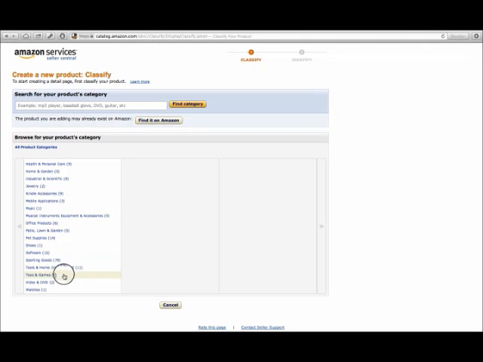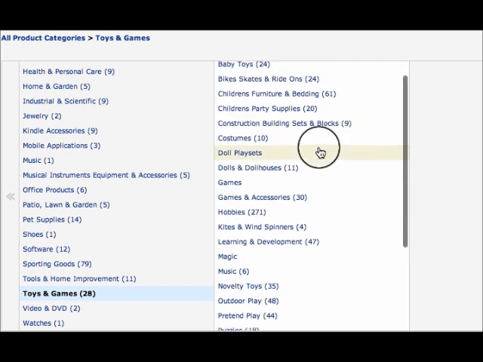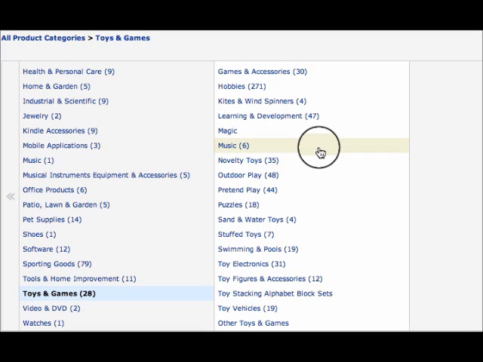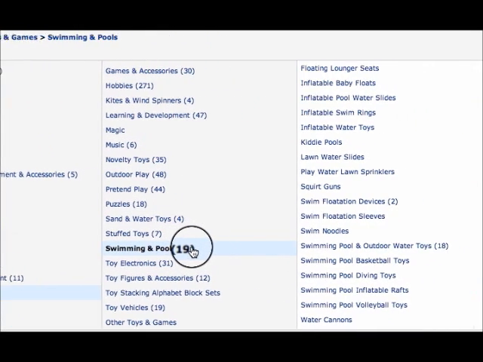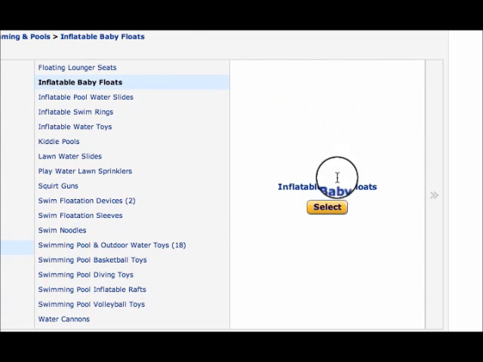Let's say you're wanting to add a kid's toy. You can pretty much use common sense. They're not going to be very picky about it. Just don't do something really obscure. If it's a swimming toy, for example, one time I did a baby float. The color that I sourced from Toys R Us was a blue baby float, and the only listing on Amazon was for a black one. For that you would go to swimming and pools, or you could even do sand and water toys, inflatable baby floats. Select that,